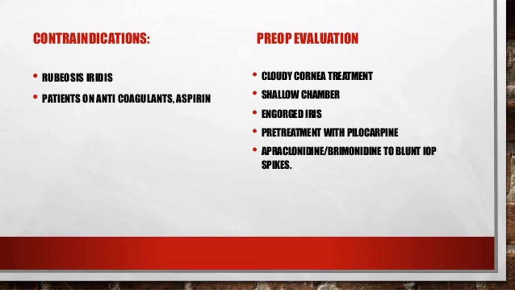So that's why you have to use pilocarpine to make the peripheral cornea clear, because you should see the crypts and the depressions, whatever are present in the iris, clearly. And you can use any anti-glaucoma drugs beforehand to prevent a sudden rise of the intraocular pressure after the procedure.